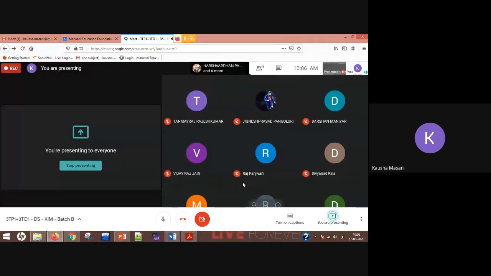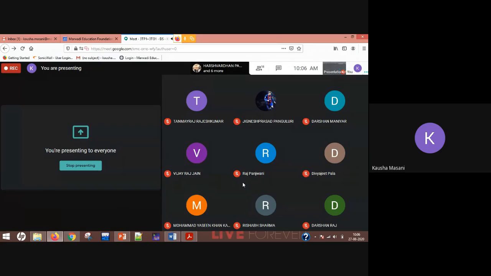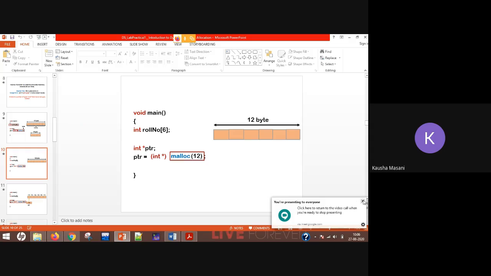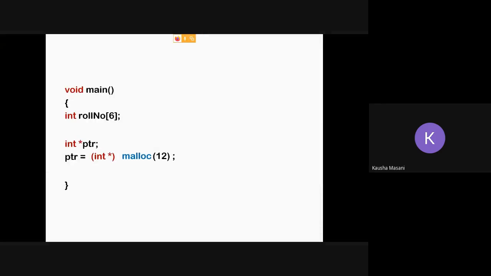Darshan, you said 2 bits, right? Actually, it is bytes, first of all. And it is true in the case of older machines. But in modern machines, it is going to take 4 bytes.